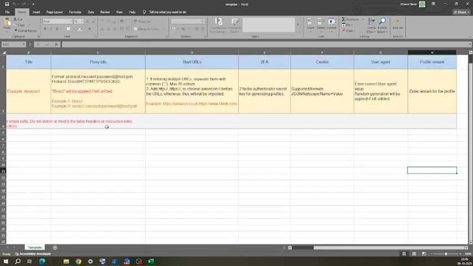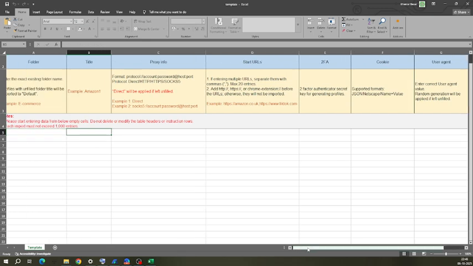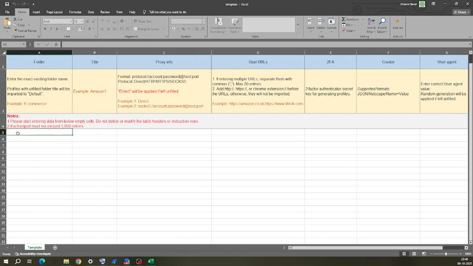So you have to import this file. Do not delete or modify the table header instructions row. So you can start from this one. Each import must not exceed 1000 entries. Wow,